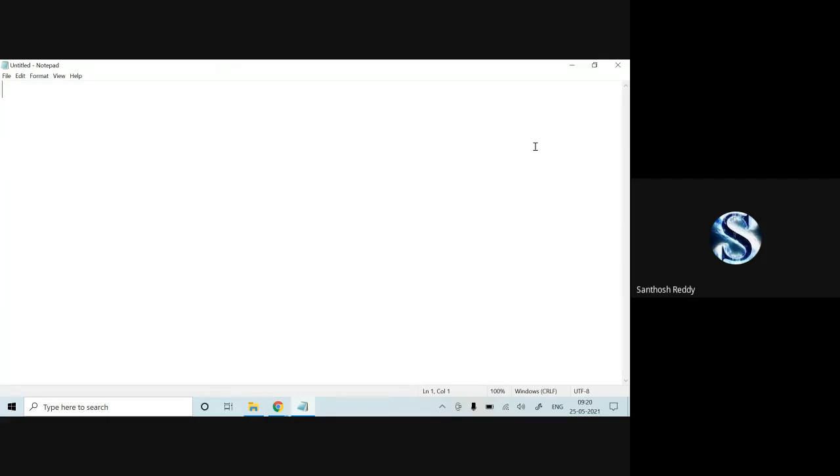Now I'm moving to the next program, where we have to give a string. In that string, I want to find the leftmost vowel. Suppose I give "Web technology." Can anyone say what the leftmost vowel is in this? We have to find the leftmost vowel if you have given this as a string.